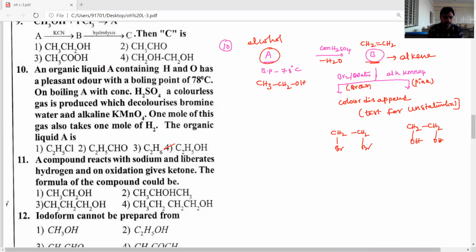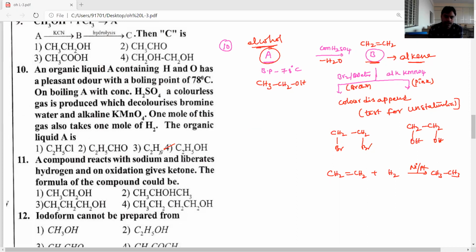One mole of this gas can also take 1 mole of H2. The organic liquid A is asked. See, this CH2 double bond CH2 reacts with 1 mole of H2 in the presence of nickel catalyst, or nickel, platinum or palladium, and produces CH3 bond CH3. That's why B should be alkene. If B is formed from A, then A should be